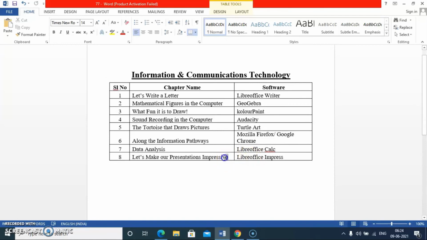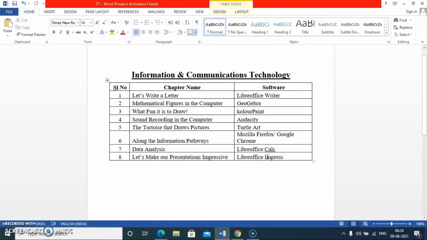Now the next chapter, the last chapter, let us make our presentations impressive. Here we are using a software called LibreOffice Impress. This is also a new software to you. You may have already heard about Microsoft PowerPoint presentation, PPT.